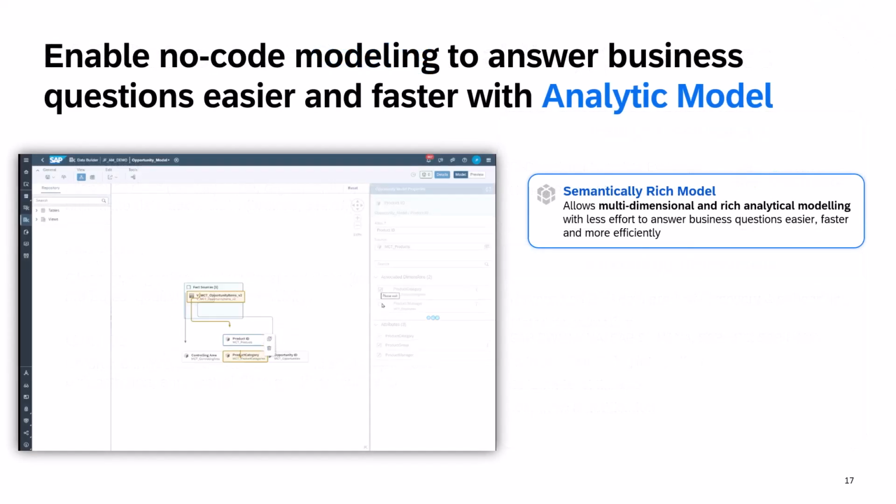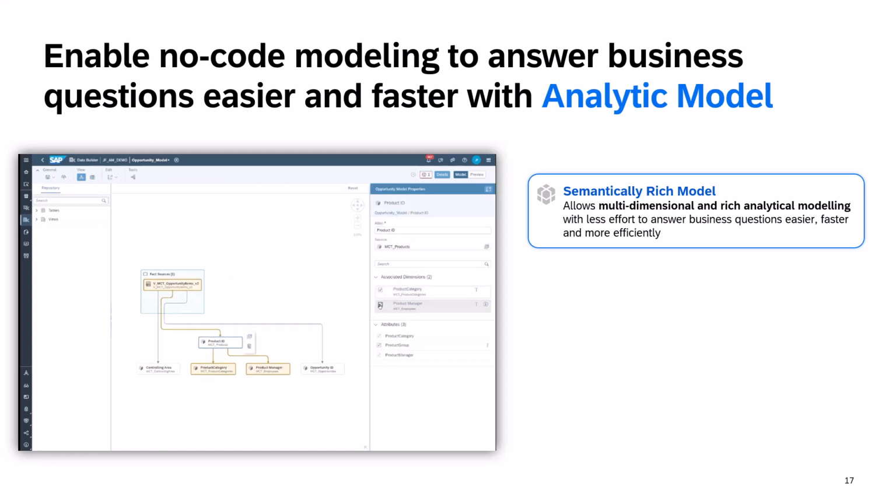So another major feature we delivered with the launch in March is the Analytic Model. Let's take some time today to look at this a little more closely. The Analytic Model in general is a semantically rich core model in Datasphere, which offers multidimensional and very rich analytical modeling capabilities with a good focus on modeling efficiency, so that you're quite fast in developing these models.